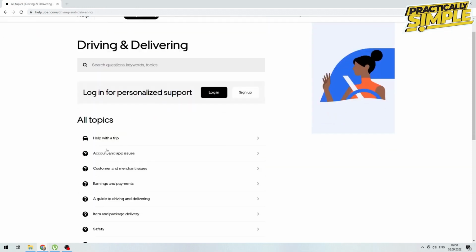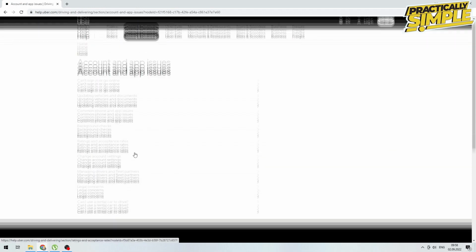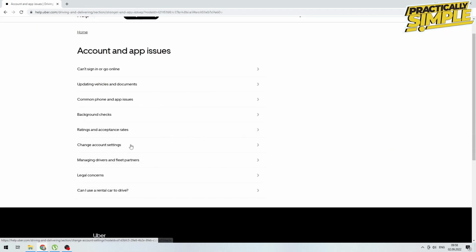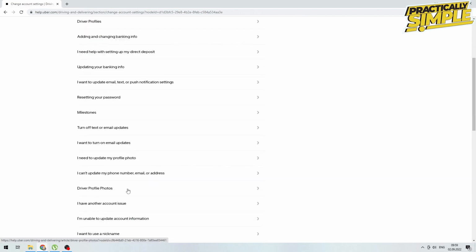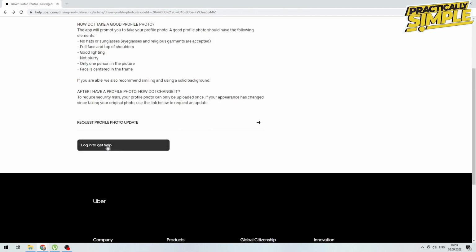You have to tap on account and app issues. Scroll down a little bit. And you have to tap on this change account settings. This driver profile photos. And then what you have to do is just tap on this login to get help,